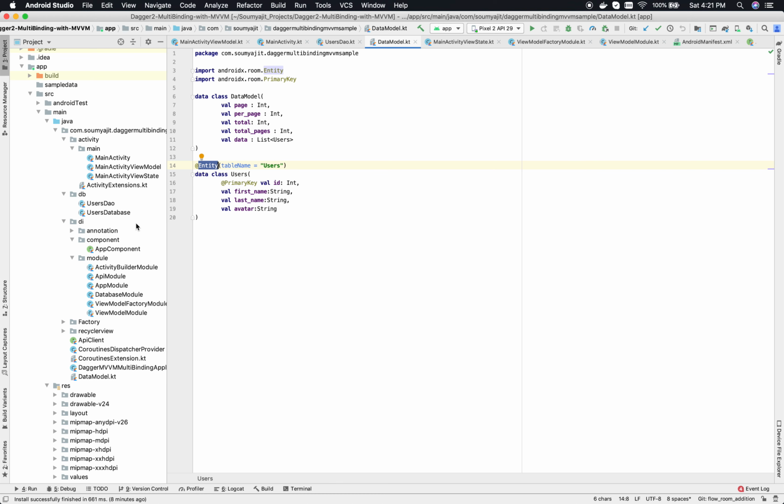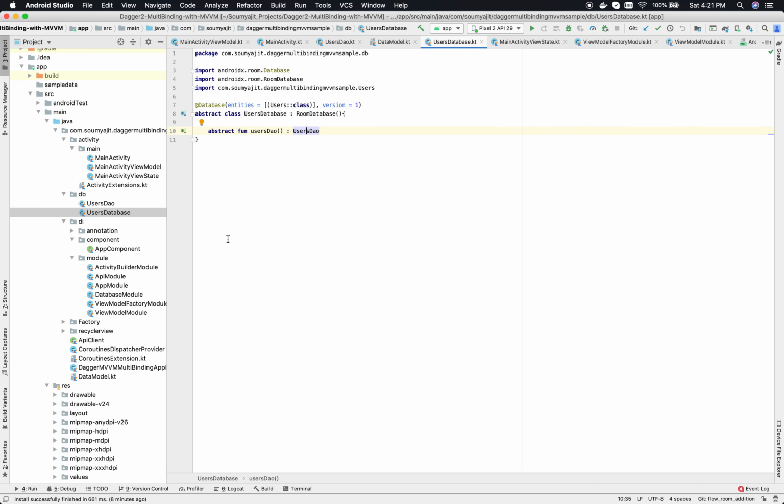If you see the class UsersDatabase, there we have used this entity, and by using that, we are telling Room database that you have to create a table with the model that we have defined inside this Users class.